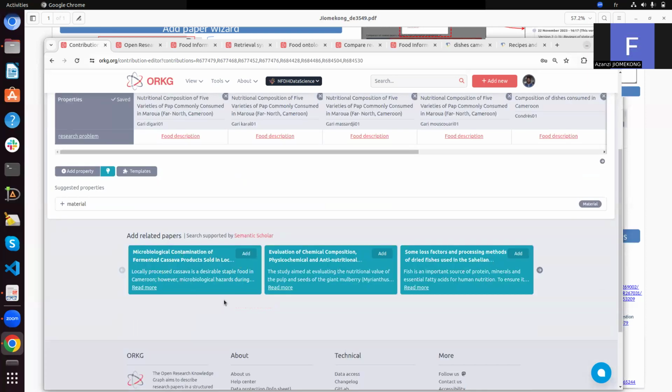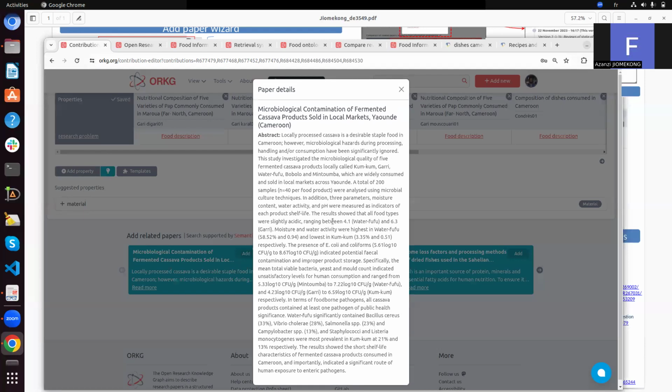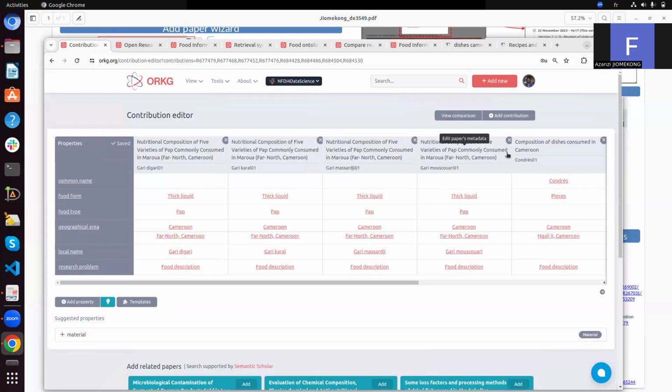And down here you have several additional papers that you can just add in your system. You can read more to have more information on the paper abstract before you add the paper in the comparison table. Once the comparison table is added, you have to view the comparison table,